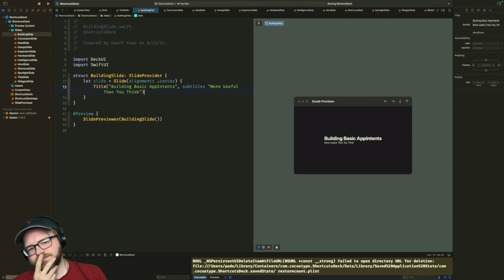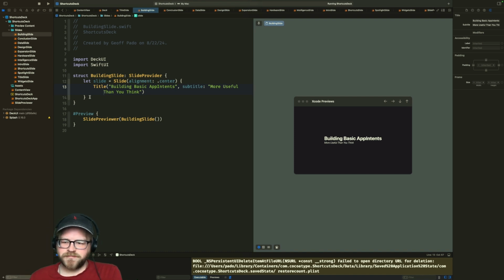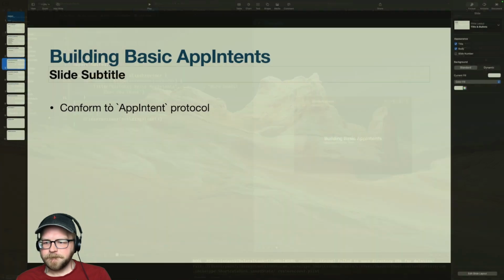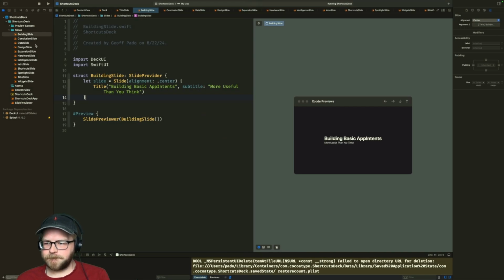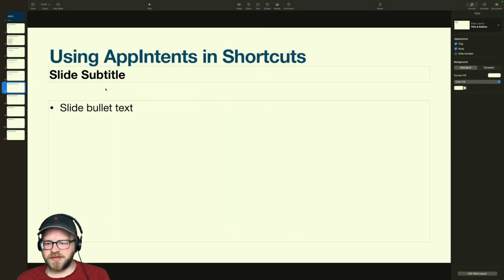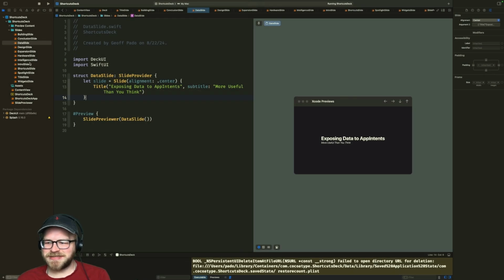I'm realizing that I may want to have multiple slides per slide. I don't know. We'll come back to that if it's a problem. All of these have the subtitle more useful than you think at this point. App intents and shortcuts.